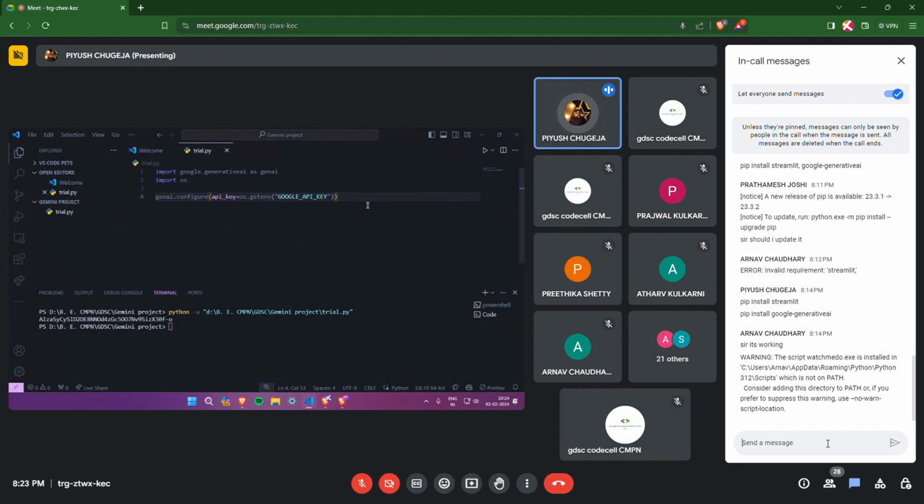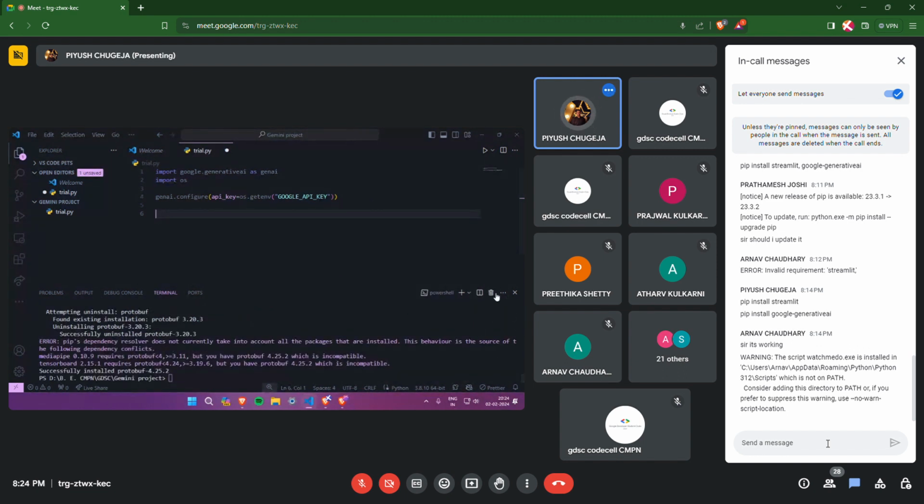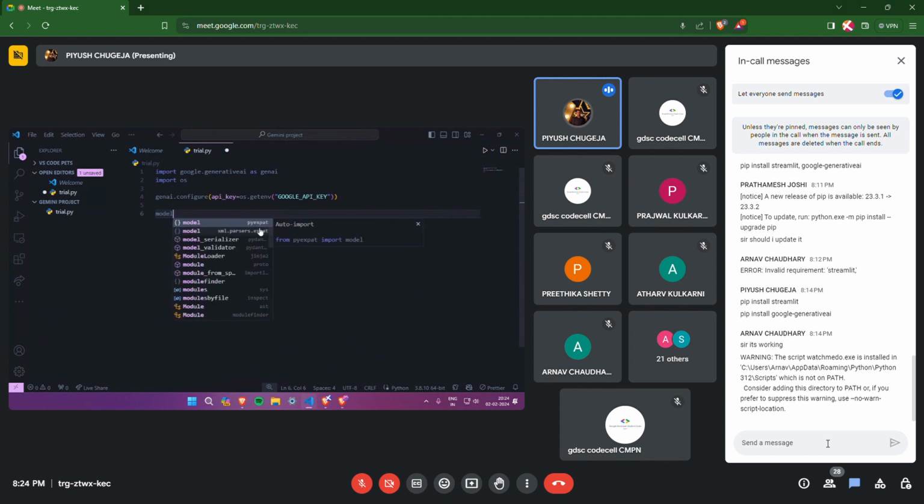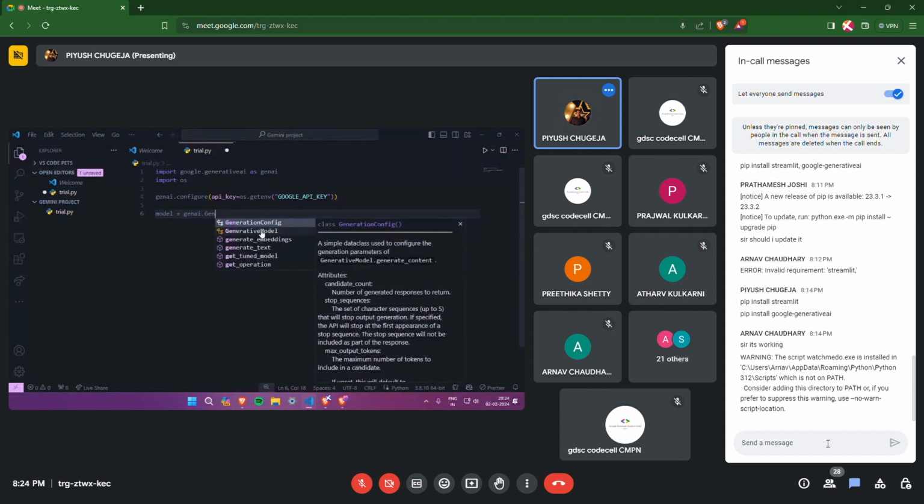Now, there was another step after this, which was that we need to choose the model which we want, right? In order to choose the model, we'll store the model in a variable like this. We'll name it model itself. We'll say genai.GenerativeModel.